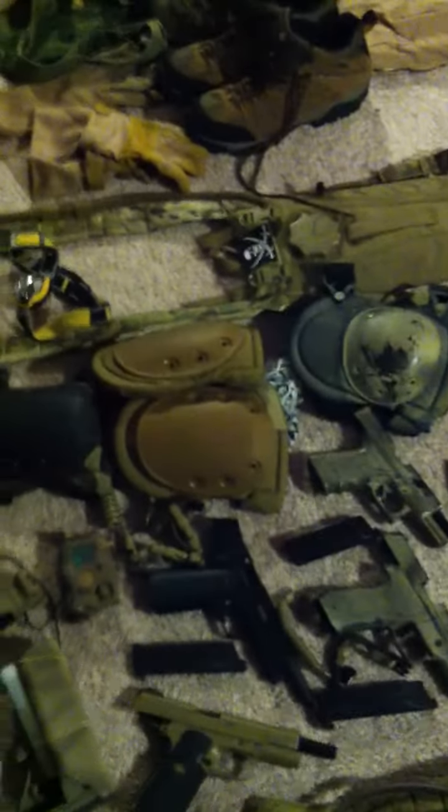And my weapons, currently I'm waiting on a 416, which is kind of used as the M27, but it's not really used by Marines, but it'll pass. It's also going for my SEAL kit. And actually, I have